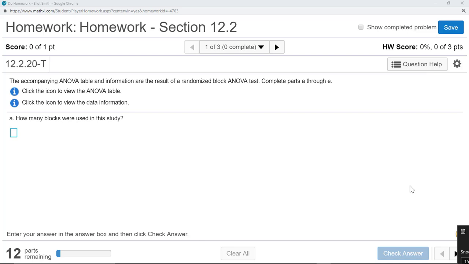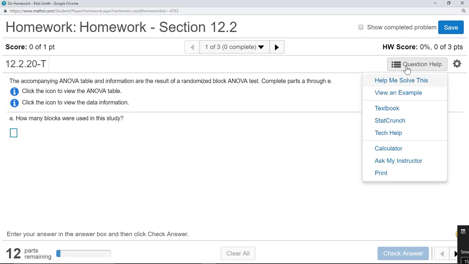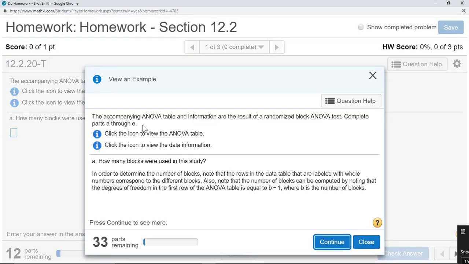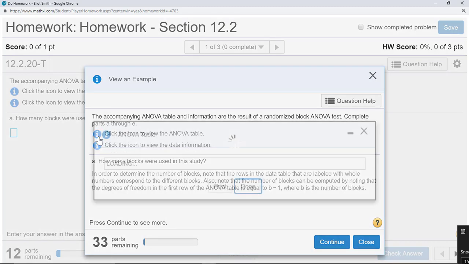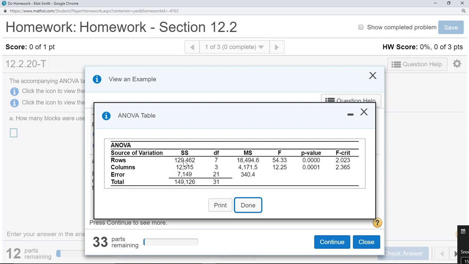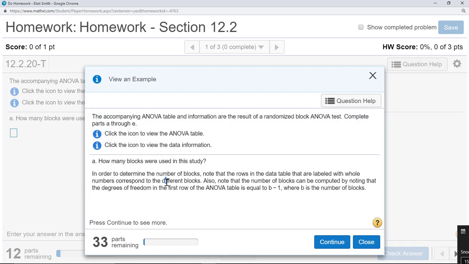So I was asked to help out on question 3 of section 12.2. And in general, the way I suggest you get help is start with the question help, view an example, and they will have a very similar question. So like in this case, they have an ANOVA table like they do for your problem, and it'll take you through